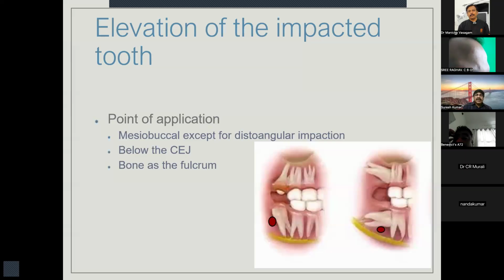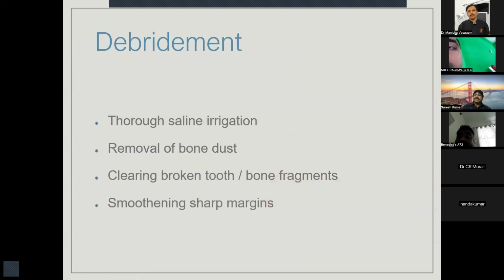Then point of application everybody knows. For all the teeth, the point of application is on the mesial side below the CE junction. Only difference is in the distoangular tooth. If you apply the elevator on the mesial side, it will only go still more distally and never mesially or up. So in this scenario, please try to use your elevator on the distobuccal aspect of the tooth and try to elevate. Once it is loosened, you can use a Cryer elevator in the buccal guttering, and then you can elevate the tooth. So mesial application is actually difficult to deliver the tooth in distoangular impactions. Rest everything, mesial point of application is fine.